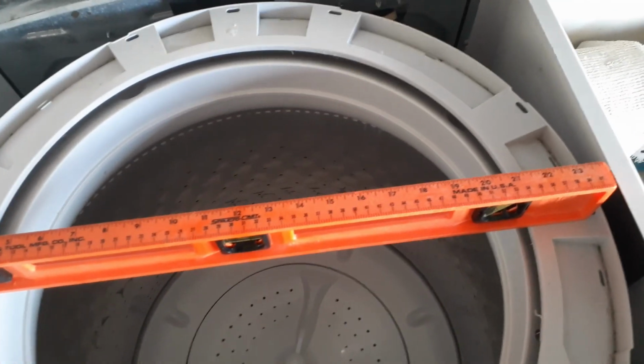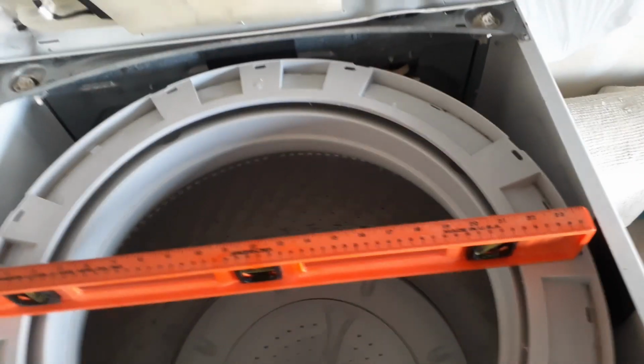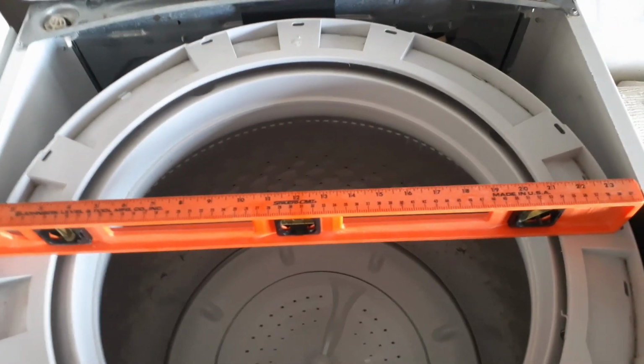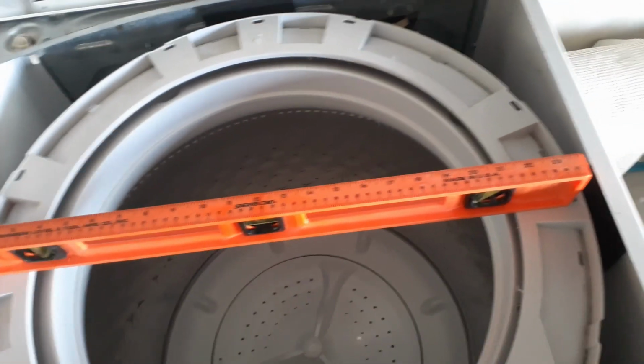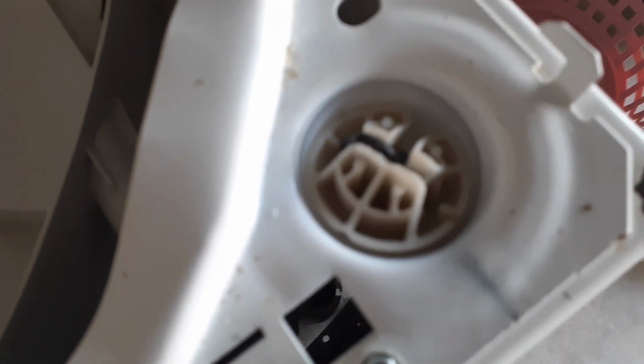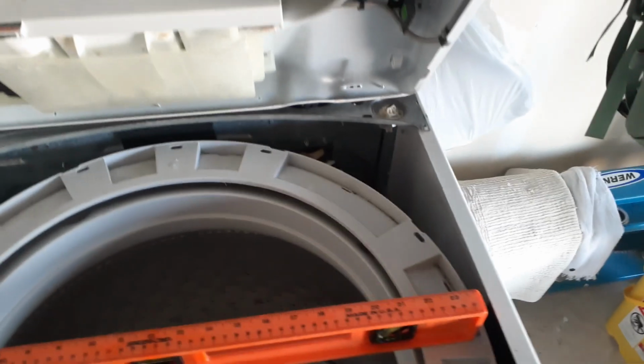I dropped the legs all the way down. The back leg didn't come down long enough, so I had to put a wooden shim under there to make it hit the floor. But basically, that fixed the problem. Now, what I was thinking is I could also pull these suspension rods up and put like a gasket under there or something to make it a little bit higher. But lowering the legs on one side, even though the washing machine looks weird, tilted all the way to the left,